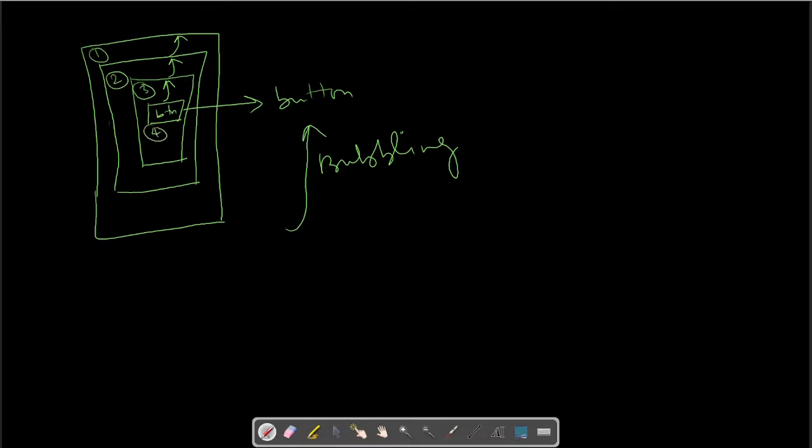So like this, it will trickle down. So the process of event execution from top to bottom is known as capturing.